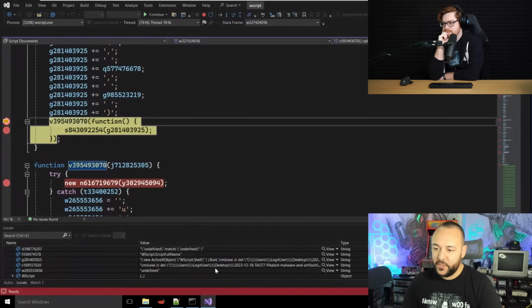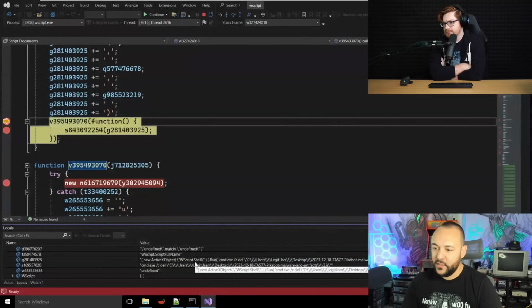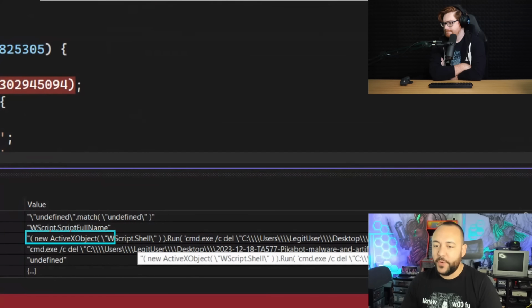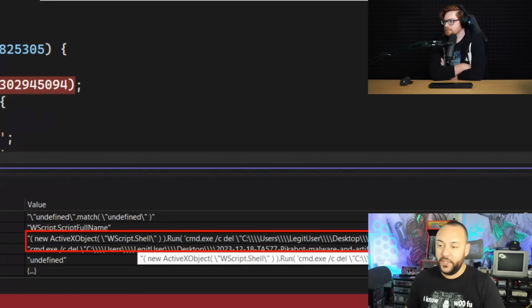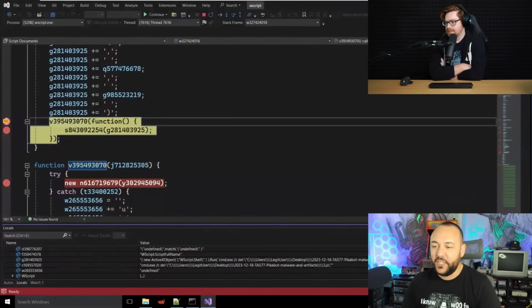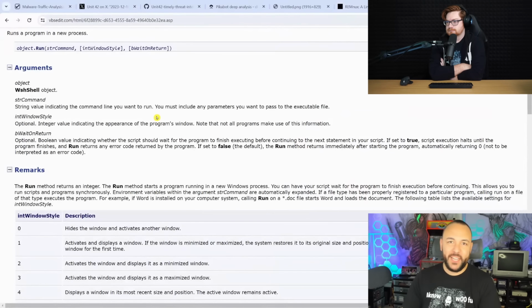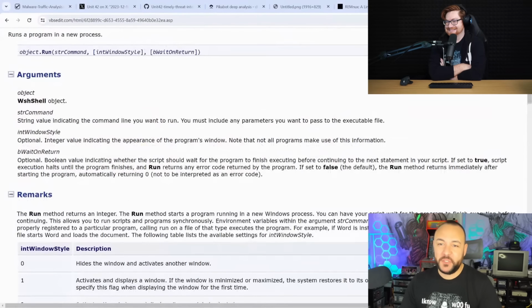I think I have the command towards the bottom. Let me open this up a little bit so we can see this. Yeah, the full one there. Here, WScript.Shell.Run, and it's going to pass in those three arguments. It's going to try to create that ActiveX object. It's right down there. Oh, I guess it's already on the screen. I didn't realize the tooltip was up there. So if you look up WScript.Shell.Run, and heck, let's just do it now. I think I have it up. I do, I planned ahead. If you look this up, I chose a random site, but that's okay. It takes three arguments. It can take up to three arguments, I should say. The first one is the command.